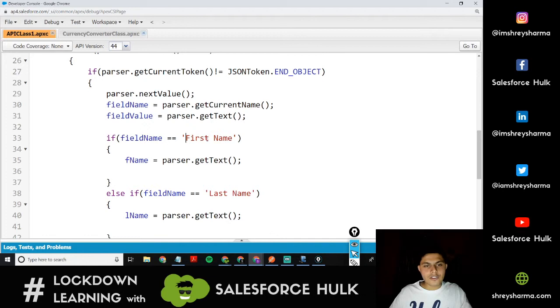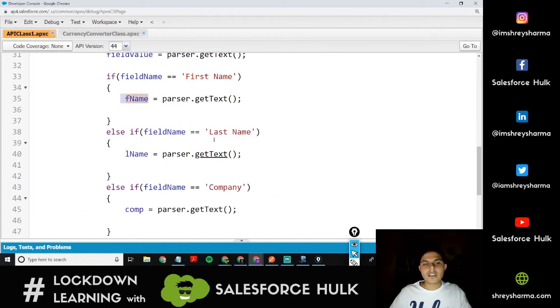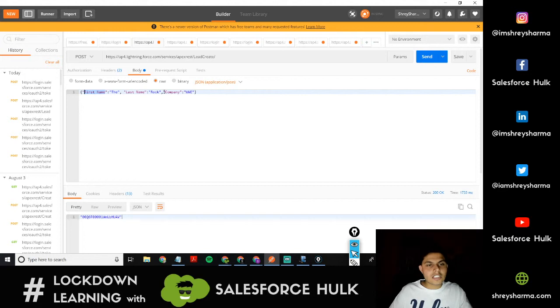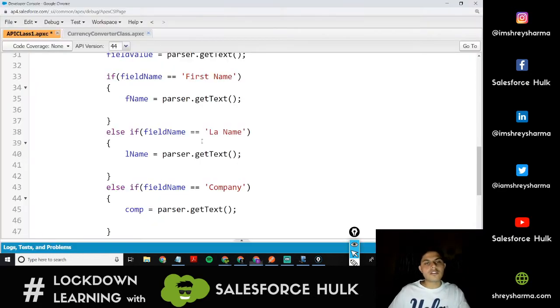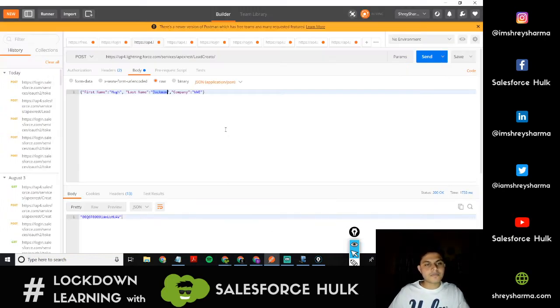If the key is first name, then the text will be the first name of the lead. If the key is last name, then the text would be the last name of the lead, right? So if it is set as LA name, in that case you just need to pass LA name over here. It should be similar to what you have set in the API, right? But I will just keep it like that, right? And the value that I'm going to pass over here is, let's say,